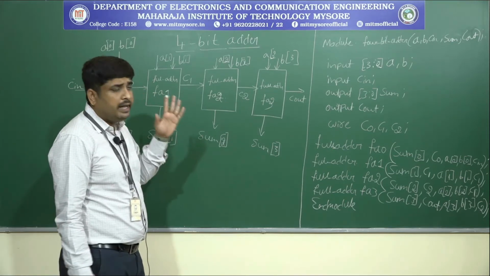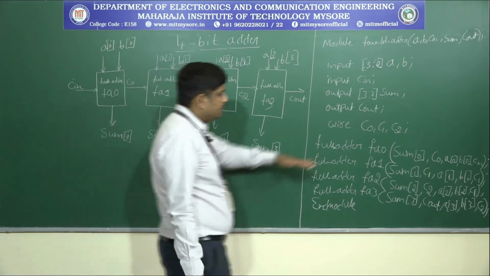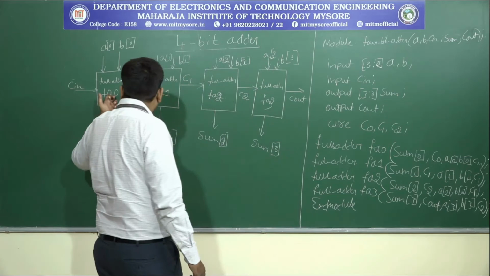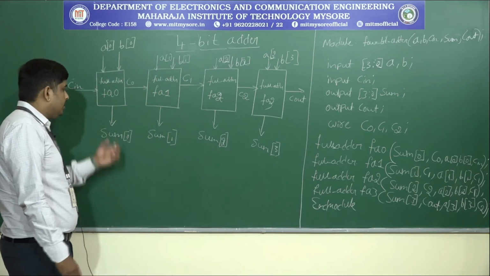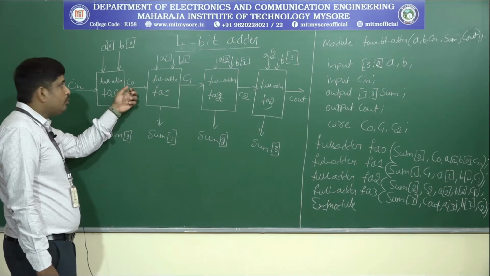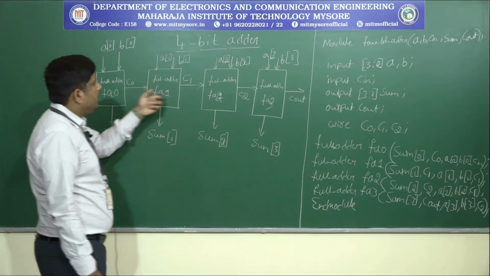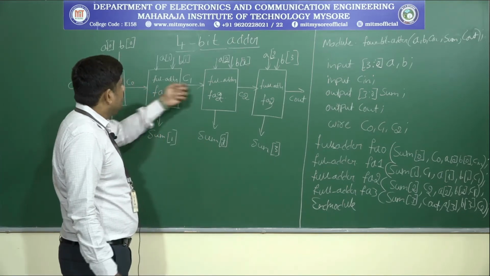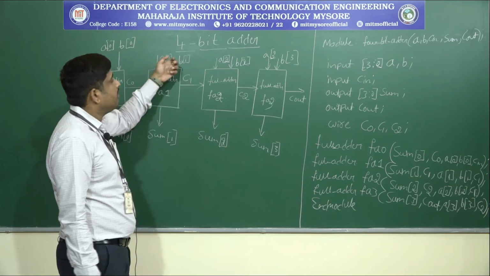So we have to mention each and every adder here, that is, we instantiate full_adder. FA0 is the name of the first full adder. So what are the outputs and inputs of the first full adder? Sum0 and C0 are the outputs; the remaining A0, B0 and Cin are the inputs. Here in FA1, sum1 is the output and C1 is another output. What are the inputs here? C0, A1 and B1.